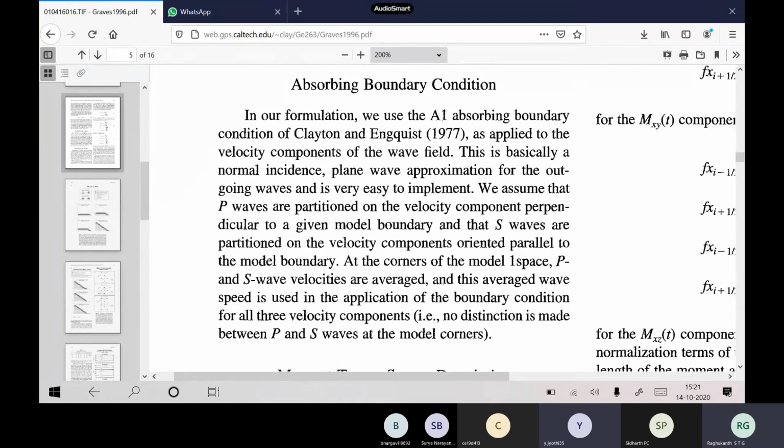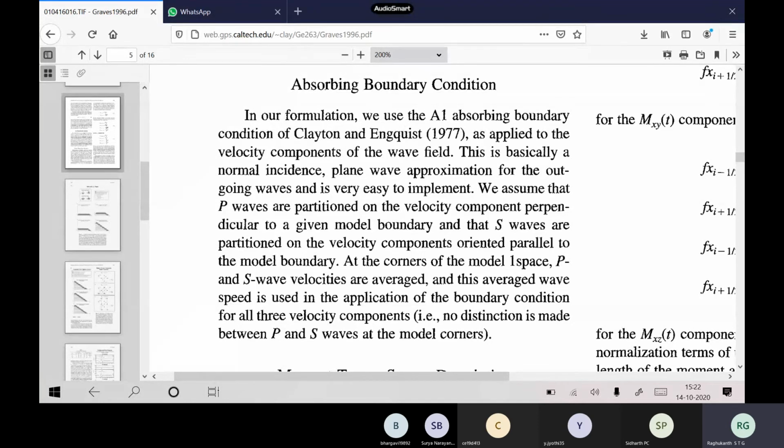Okay. A1 is useless, right? What happens to A1? Error will be more. So in the Taylor series, he has not even done a proper Taylor series expansion. He has used only the first term in the Taylor series. It's very easy actually. That's why he has implemented it. So results will not be accurate near the boundaries, but far away from the boundary it will be fine. But near the boundaries you can't trust these.